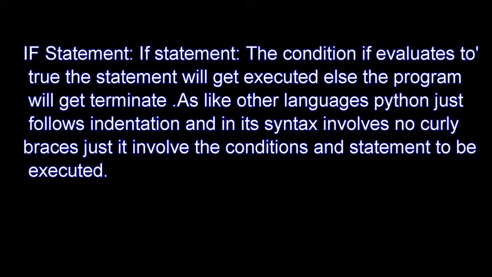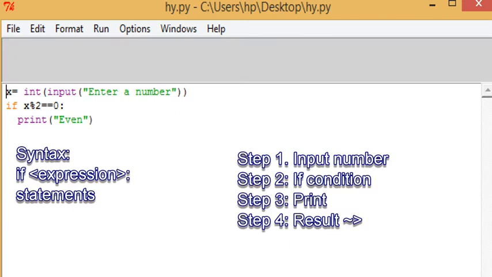To implement it in Python we need to move into script mode. We cannot do it in interactive mode because we need to write a full set of statements. In interactive mode, we write one statement and get the desired result. So we are writing this program in script mode. As you can see, you have opened the Python shell. Now we will write the if statement. The syntax of if is: if expression, then a colon, and after that we write the statements.